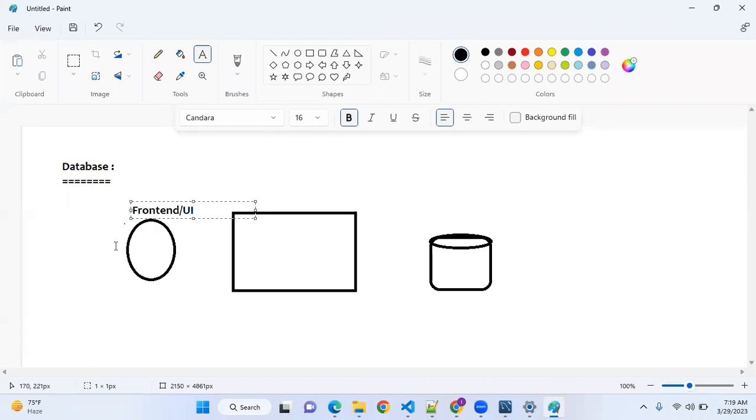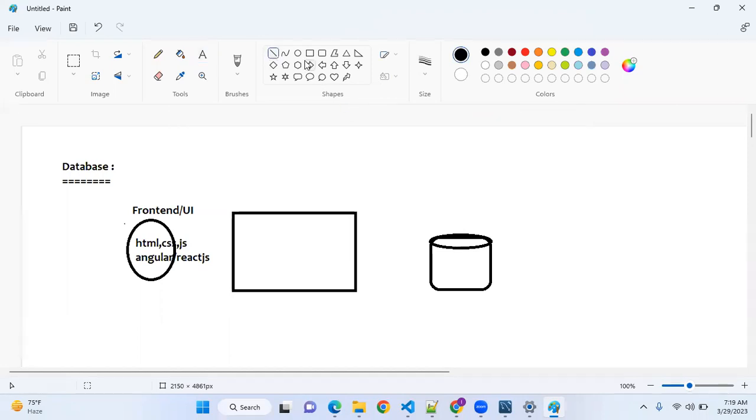UI is nothing but user interface, the things that can be seen by a user. It will be developed using HTML, CSS, JavaScript, or advanced frameworks like Angular or React, using which we can develop a front end. That is one layer. The next layer is the backend.